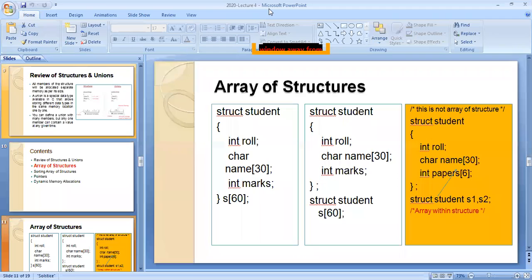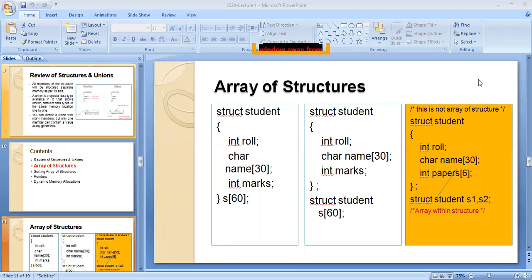So now you have to answer me. I am going to ask you a question. Kindly answer here. In this example, in the first struct student, what are the structure members? There are two examples, right?